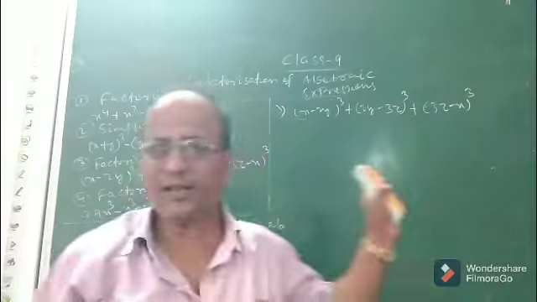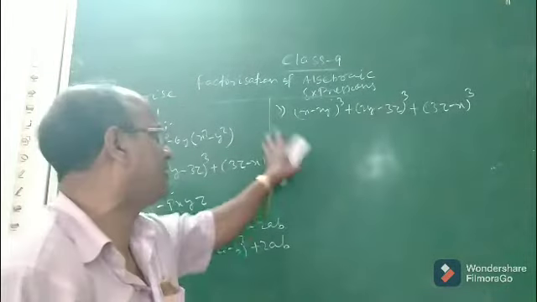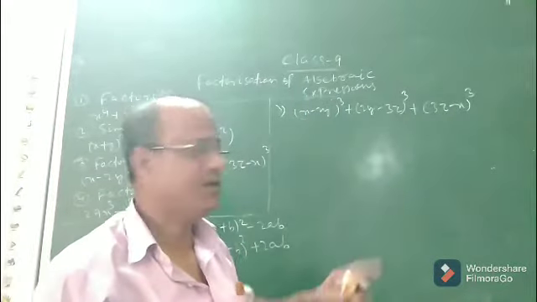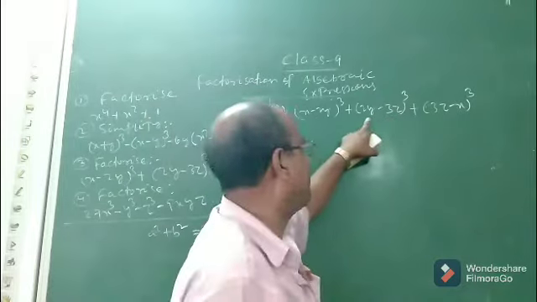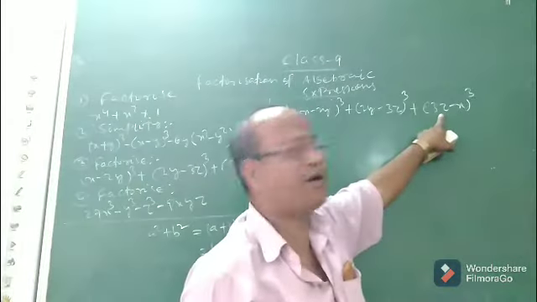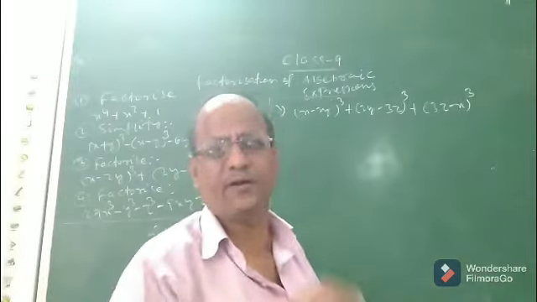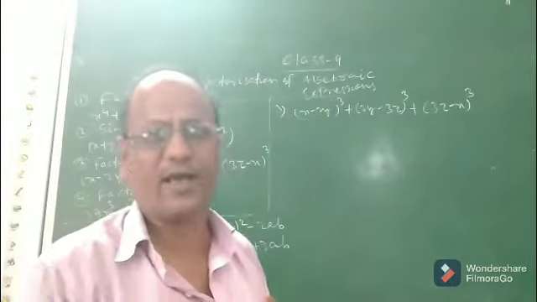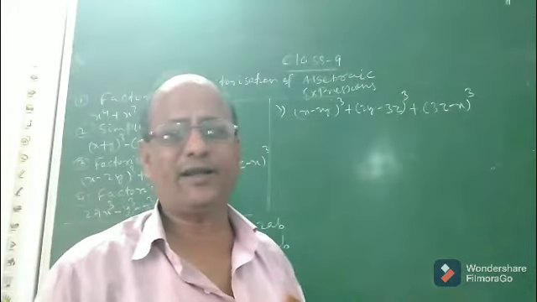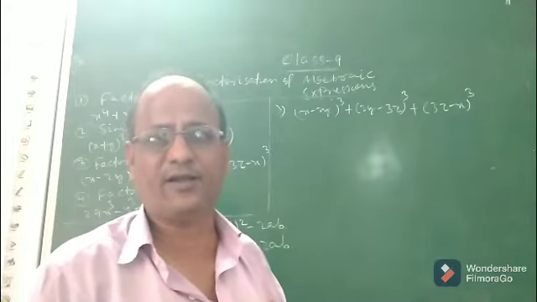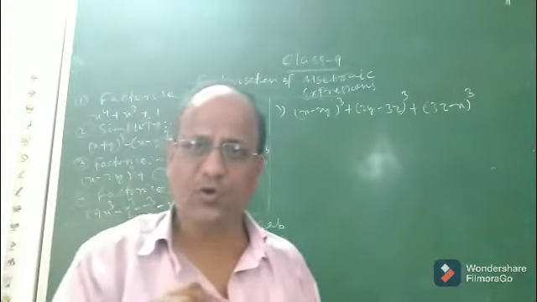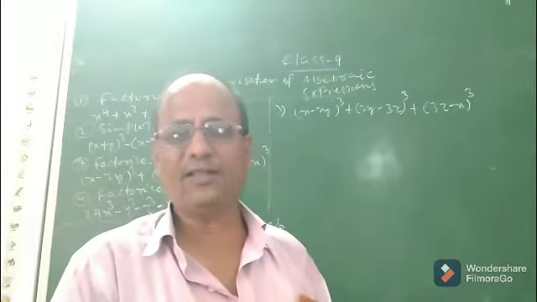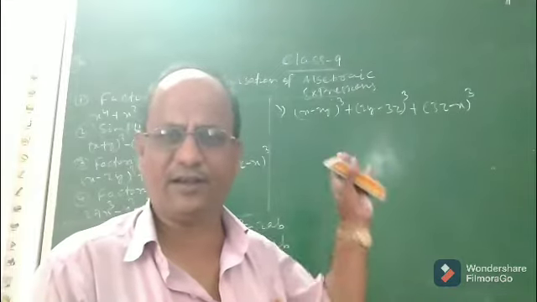See, this is an algebraic expression which we want to factorize. Let us see how to do it. Okay. So first we have to think in which form it is. If this one you take a, this one you take b, and 3z minus x you take c, then it is in which form? It is a cube plus b cube plus c cube. But we do not know any direct formula for a cube plus b cube plus c cube. But we know one conditional identity. Remember children, I had discussed one conditional identity. If a plus b plus c equal to 0, then a cube plus b cube plus c cube equal to how much? It is 3abc. I had proved everything in detail in previous classes.